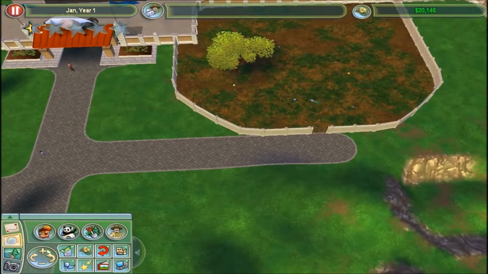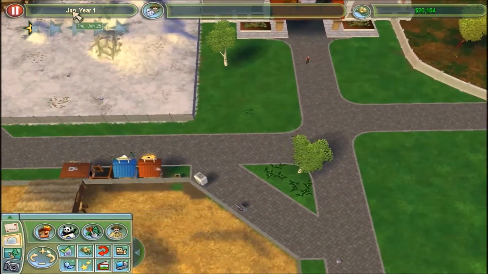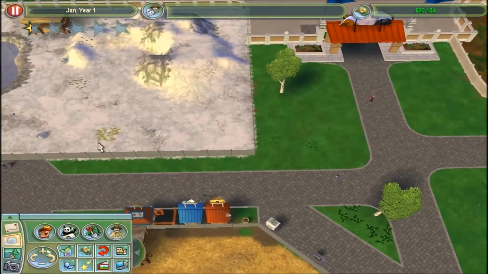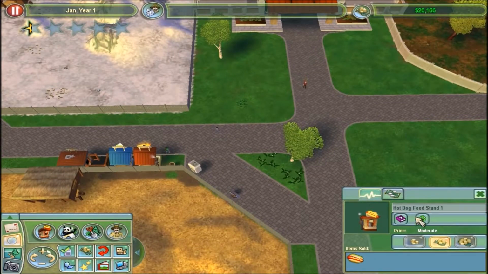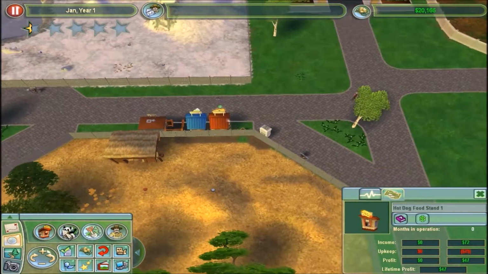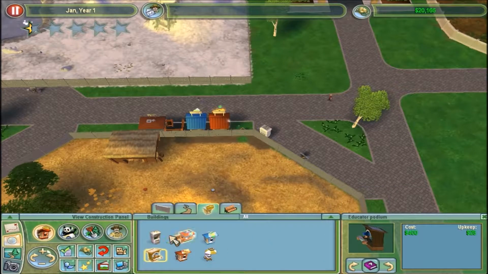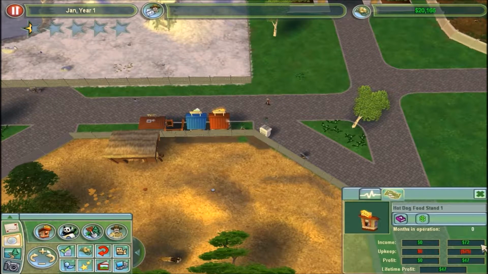Although later on they do get some enrichment activities unlocked, they don't need them. And they're cheap. They're only $1,500 a piece. Yeah, it's kind of funny, because it feels like the hot dog stands, and especially the gift stands, which you also unlock later, make so much money. It's like $500 for a hot dog stand after a couple of months, and $2,000 for a gift stand after